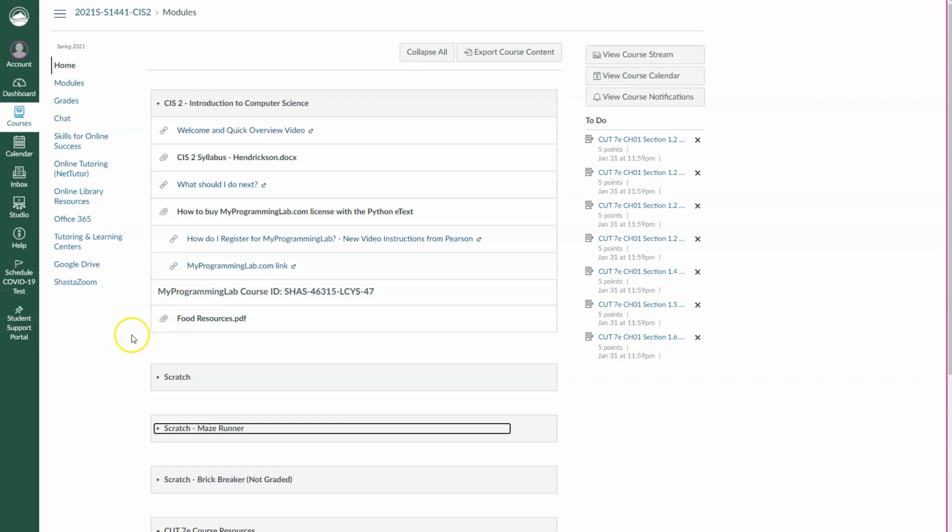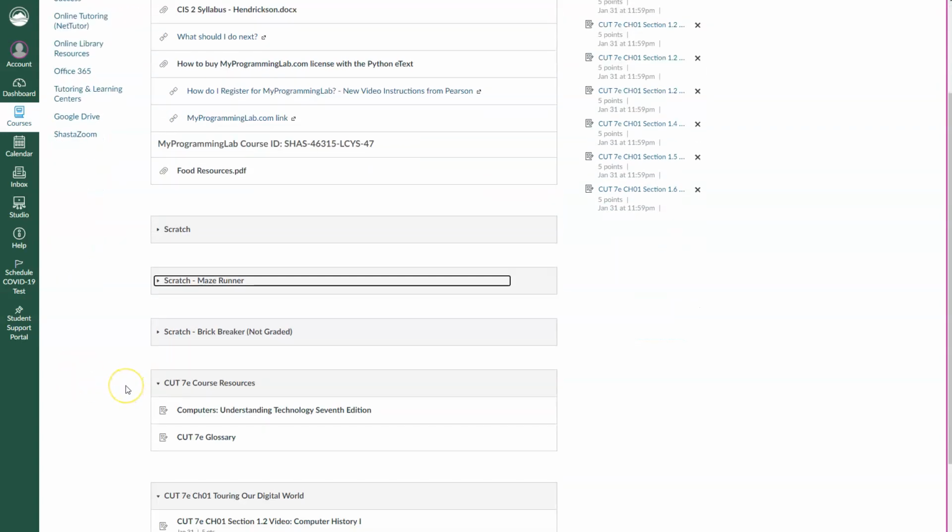And I know I say it in the videos about the Python book, but the easiest and honestly I think the cheapest way of getting it is the $98 or whatever it is for the digital copy that comes with my programming license. That is how you get to it with this little piece right here. So that little instruction there. All right, so hopefully that gives you kind of a rundown